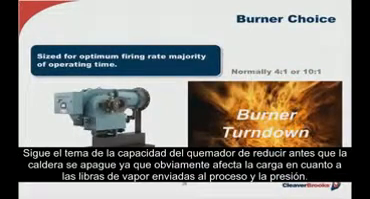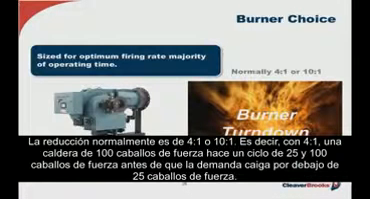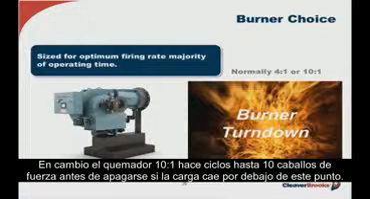Then there's the question of the burner's ability to turn down before the boiler cycles off, which of course will affect the load, both in terms of pounds of steam being delivered to the process, as well as the pressure. Normally, turn down is either a 4-to-1 or a 10-to-1, which means with a 4-to-1, a 100 horsepower boiler will cycle between 25 and 100 horsepower before cycling off when the demand drops below 25 horsepower. Now, the 10-to-1 burner will cycle all the way down to 10 horsepower before shutting off